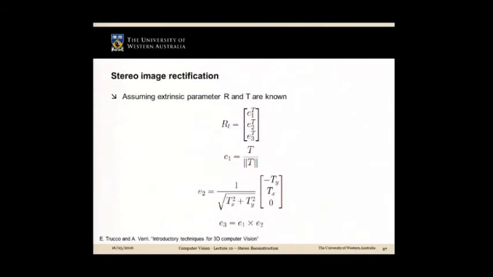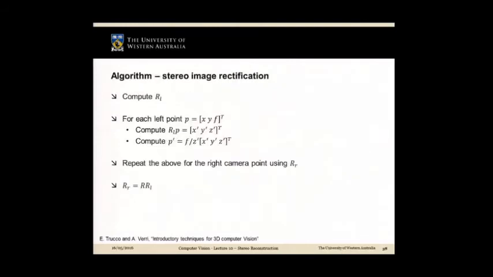Again, these are just mathematical representations, and what you need to do is, once you have computed your RL matrix, for each point in your left image, let's say it's given by x, y, f, you take a product RL times P, which gives you a point that has been mapped on your image plane, and then you compute P dash, which is given by this particular expression,